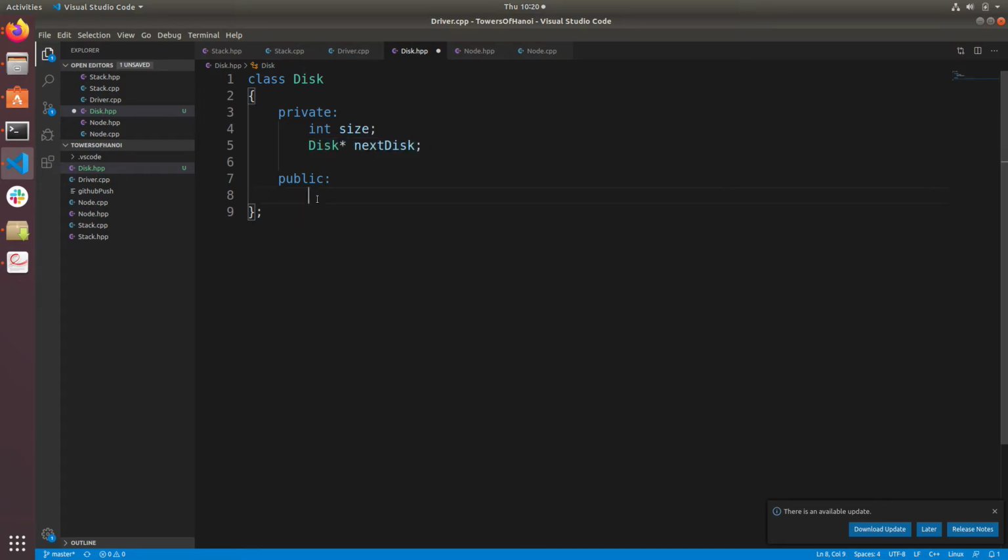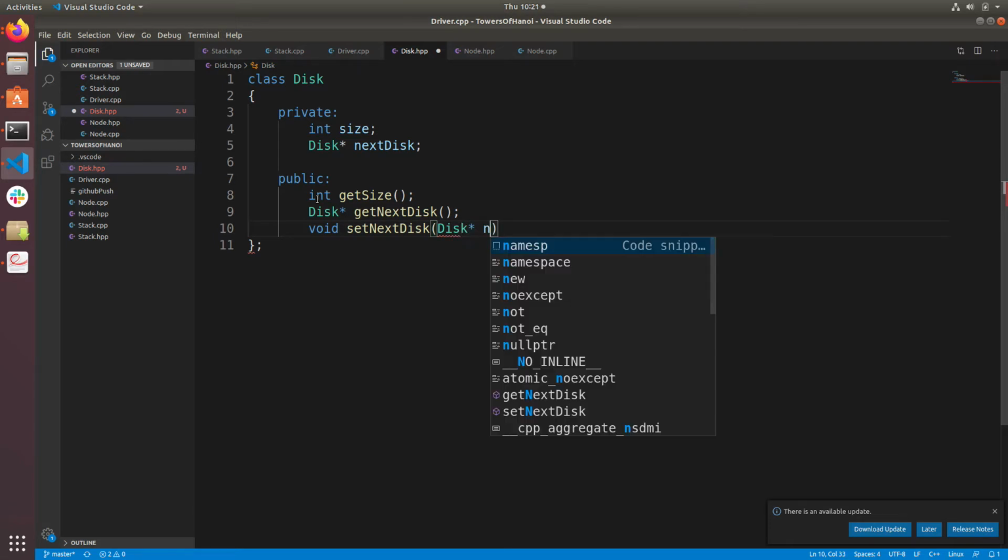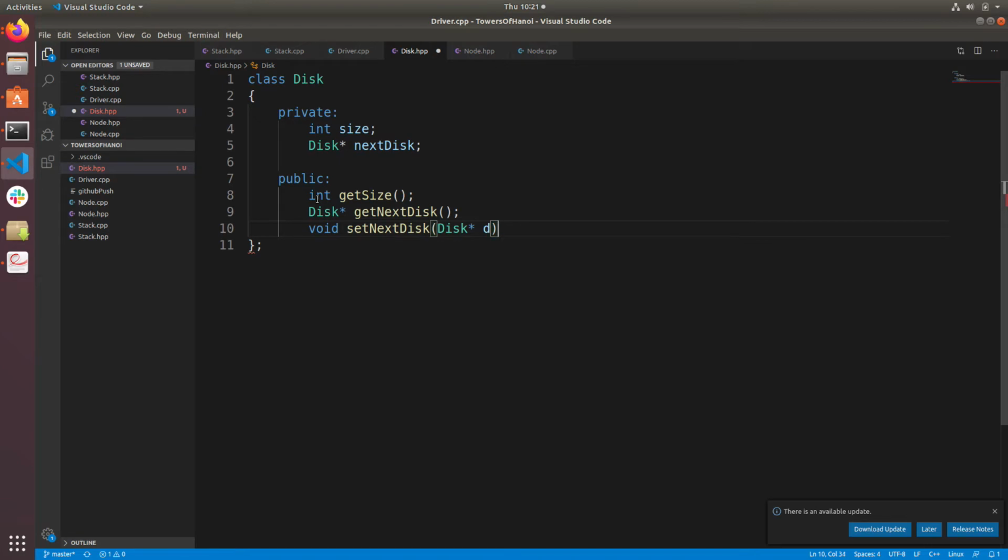All right, so we'll have an int get size, a disk pointer get next disk, and a void set next disk that takes a disk pointer D, something like that. All right, so I'll copy these and we'll go write the